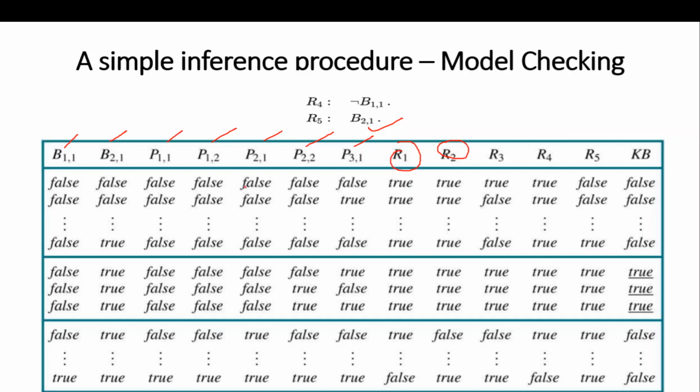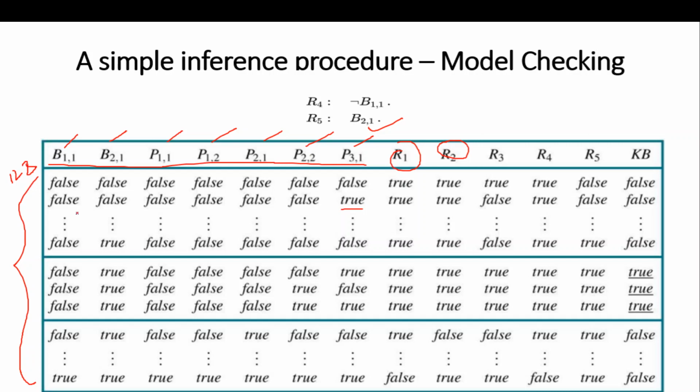Now for all these symbols, you can set some values. Initially you can keep everything 0, then make this one true, so basically this is 0 0 0 1 1 0 1 1, that model. Like that, all the possible values you can apply here. So that is how you will get those 128 combinations.